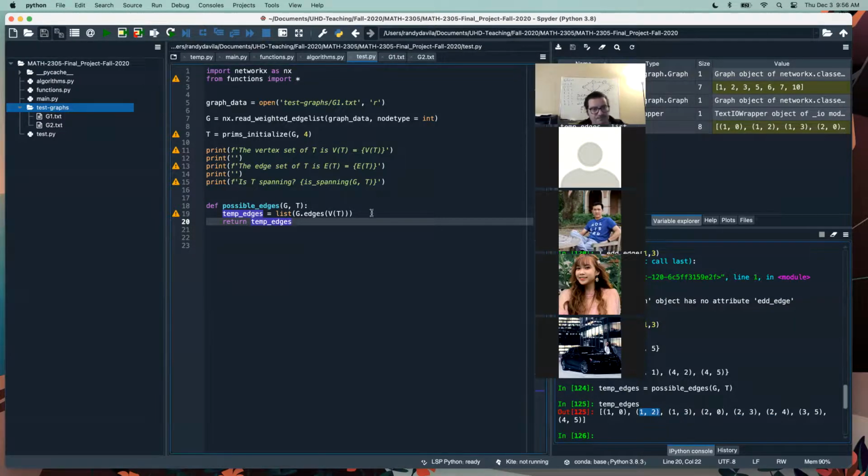So we need to get rid of those. So what we can say is, edges equal the list of E. So I'm using list comprehension now for E in temp edges. And again, this isn't the cleanest way to do it, but we can always fix it up later. So E for E in temp edges if